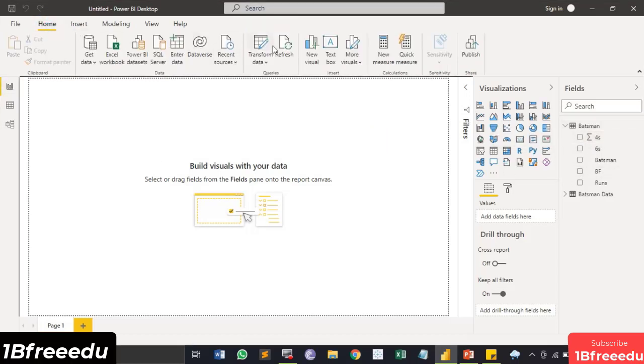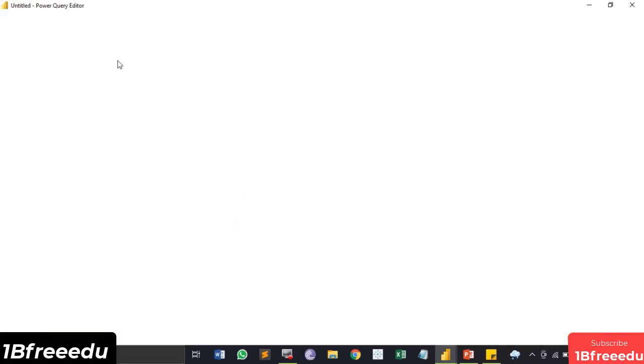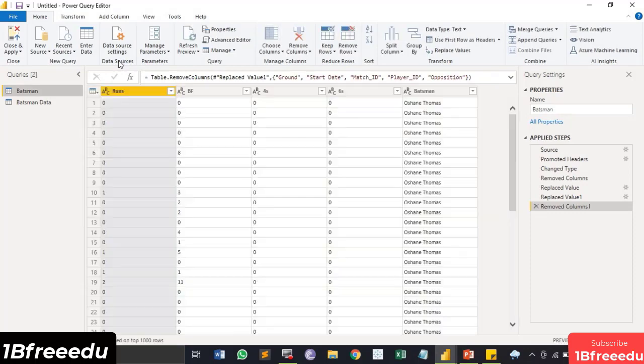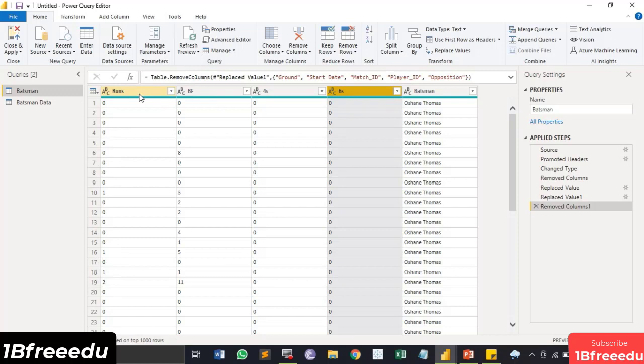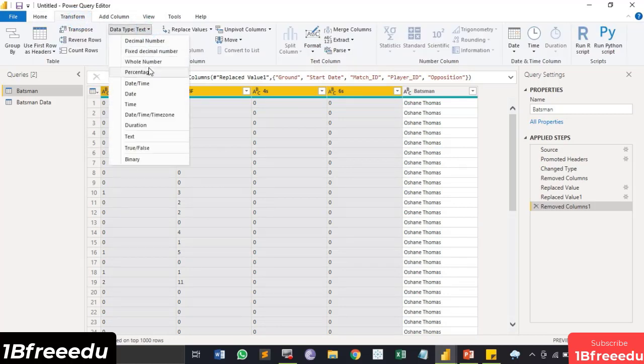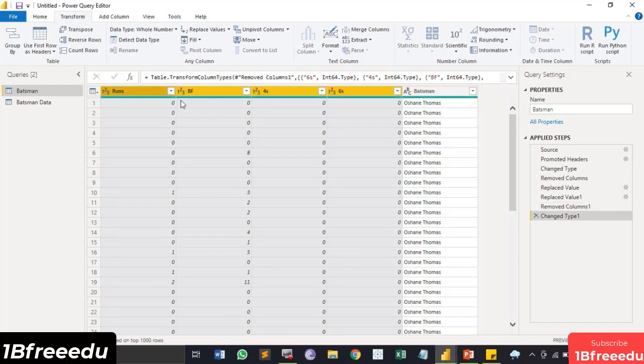Furthermore, if you want to work with them together, you can again go to the Transform Data option present in the Home tab, and in a single click change the data type of all the columns. It would open the Power Query editor again. That means once you have loaded your data set, you can still make changes to it. So let's select all the columns whose data type I want to change. Go to the Transform option, and the data type is text. Let's change it to a whole number. And you can see now the numbers have changed to 1, 2, 3.